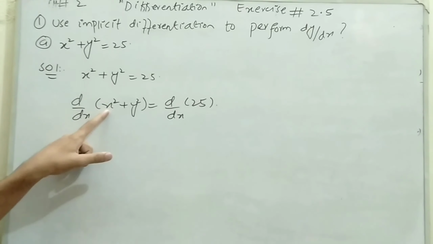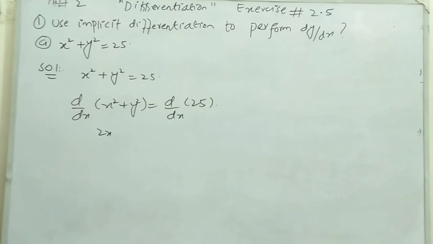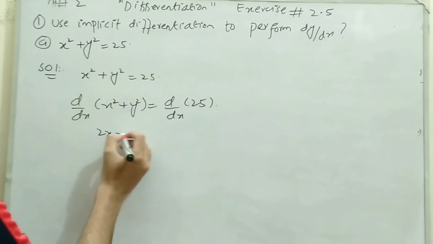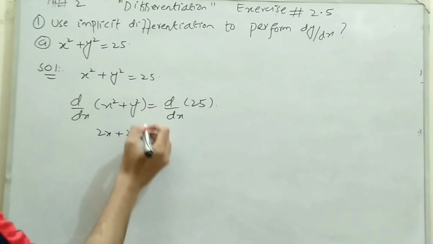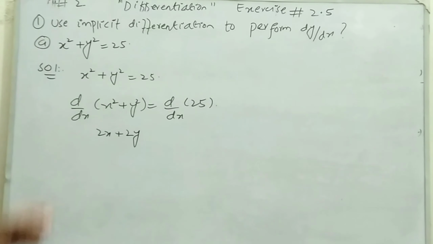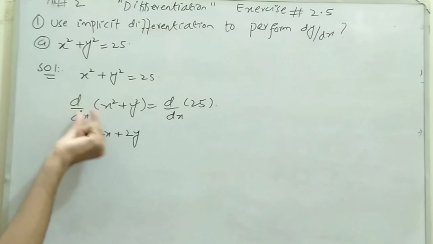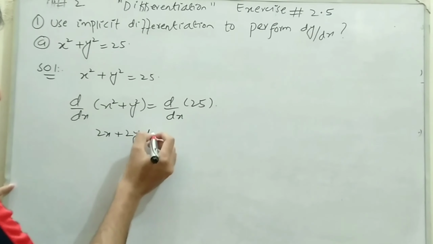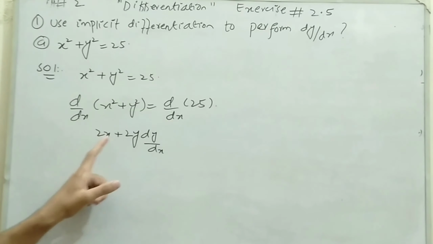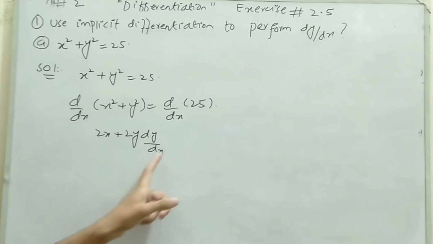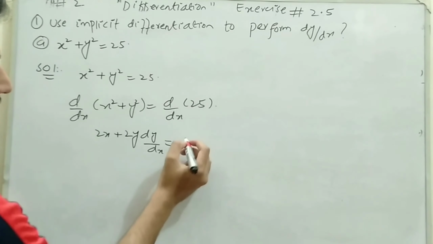Here the differentiation of x square will be 2x, because the power will come to the front and we subtract 1 from the power according to the generalized power rule of differentiation. And here, taking the derivative of y square using the same rule, 2 will come to the front and subtracting 1 from the power, it becomes just y. But remember, here the inner function is y, so here we will also write dy by dx because of the inner function. Here x is not the inner function, that's why we just write 2x, and here it is the inner function y, that's why we write dy by dx. The right side is the derivative of 25. 25 is a constant, so you know that the derivative of a constant is 0.